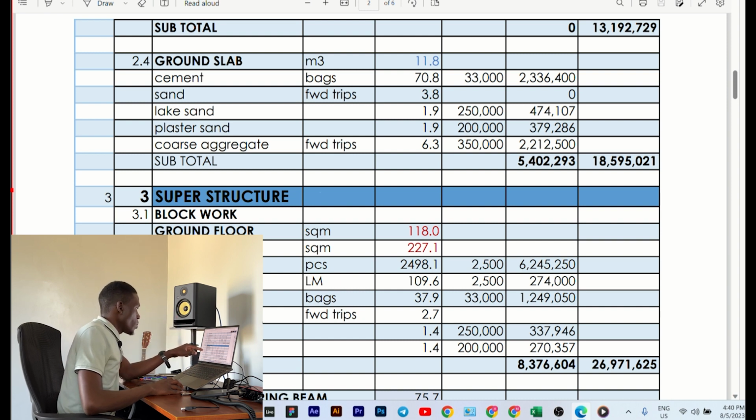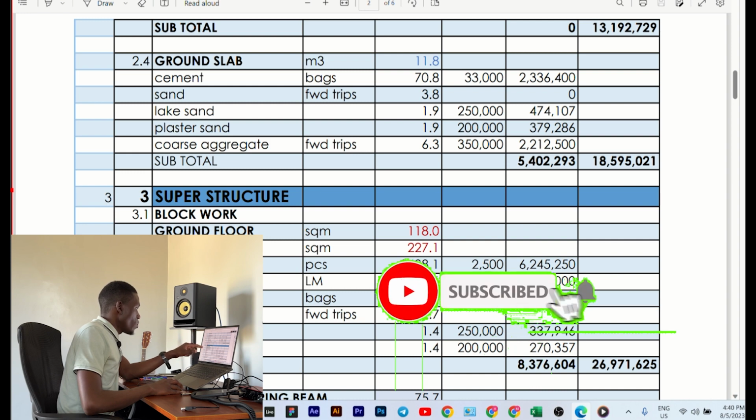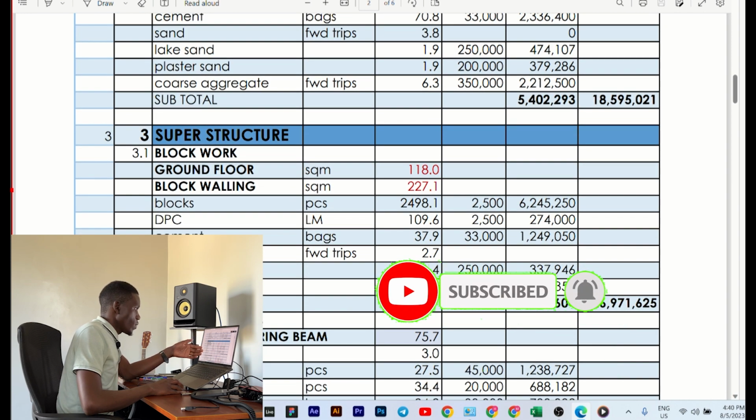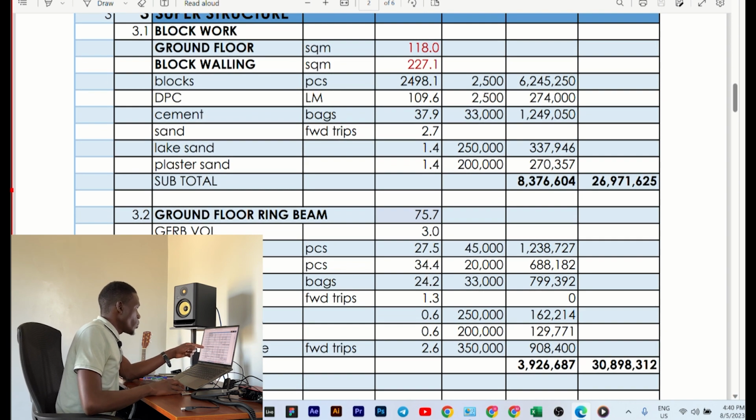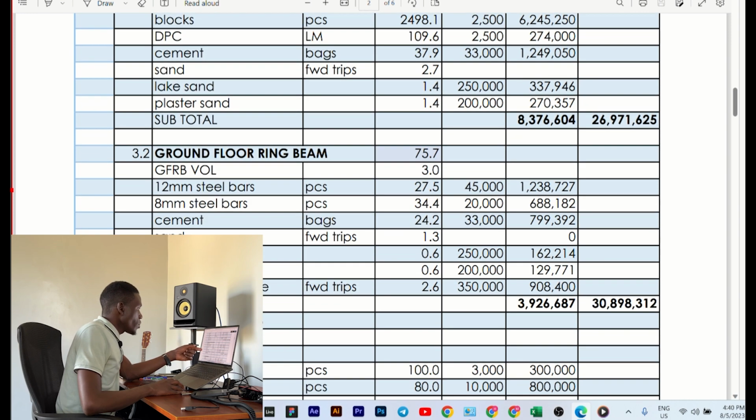Under the superstructure we have the block walling, and there we'll need 6-inch blocks. We will use hollow blocks for this case. And we need sand, we need cement, lake sand and plaster sand plus DPC, and that will cost us 8,376,000 shillings. Heading to the ground floor ring beam, which is still under our superstructure, the ground floor ring beam